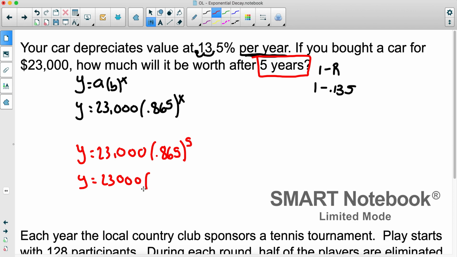And this gives us a pretty long decimal, so we are going to have to round. So I'll just say it's about 0.48. And then I'm going to multiply the number that I got when I did 0.865 to the x times 23,000. And because this is money, I'm going to round to the nearest cent. After 5 years, the car is worth